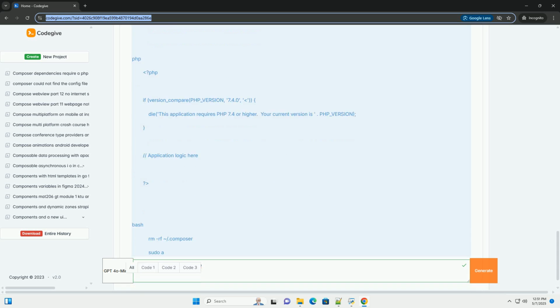6. File permissions issues. Problem. Composer needs appropriate file permissions to create directories, download files, and modify project files. If permissions are incorrect, it can result in errors. Solution. Check directory permissions. Ensure that the user running Composer has write access to the project directory and the Composer cache directory, usually